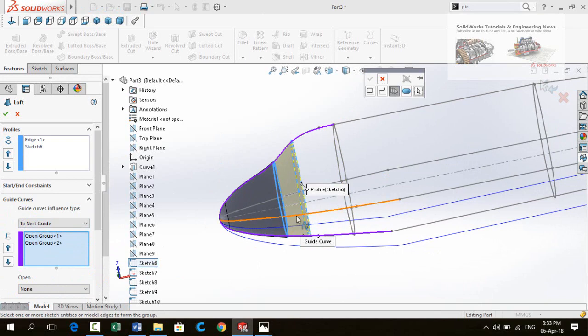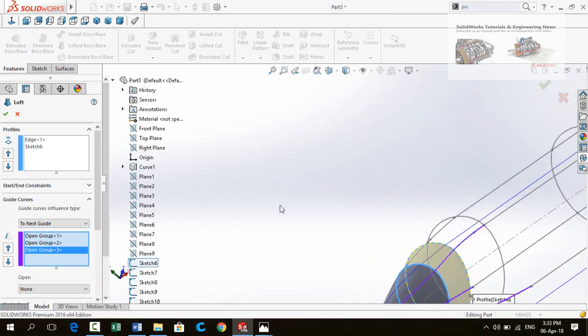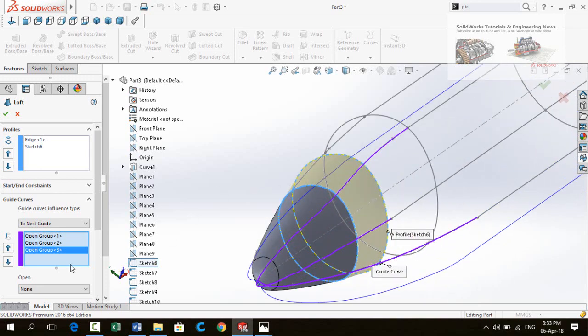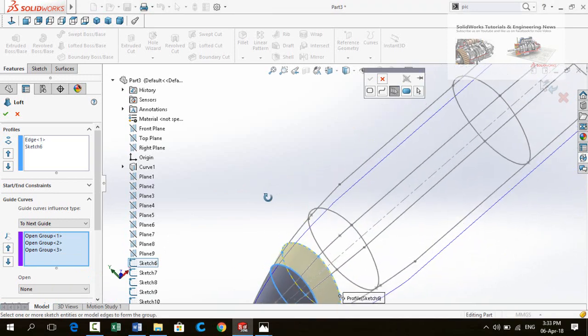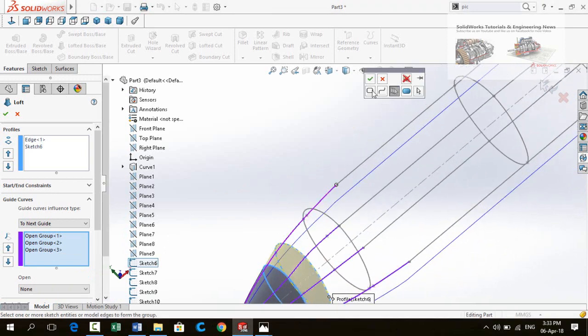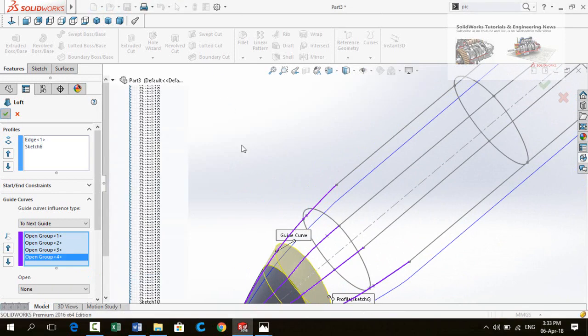Selection manager and then this curve, press OK button. Selection manager and then this curve, press OK button. Apply this command.